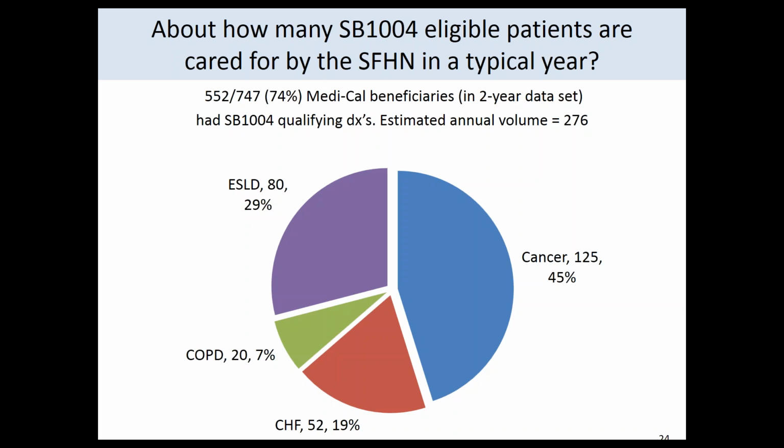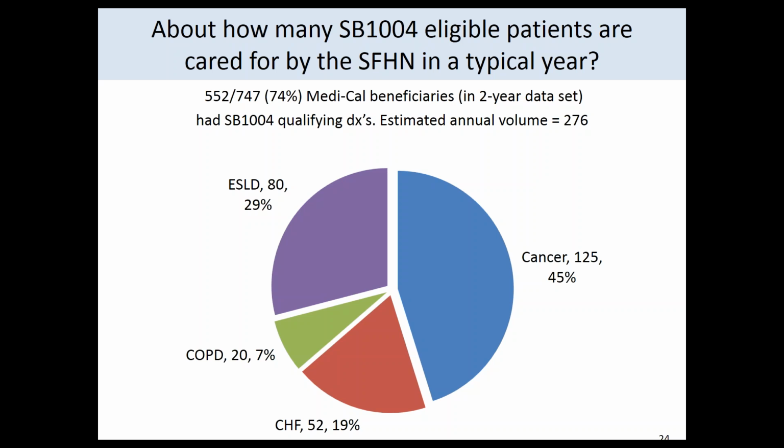Now, because we're looking at a decedent population and everybody died, we didn't have to get into too much detail about all of those secondary indicators of advanced disease that you would need to use if you're doing a prospective analysis. And what we found is that in this 2-year data set amongst Medi-Cal beneficiaries, so Medi-Cal, not dually eligible, just Medi-Cal as a primary payer, there were 747 patients in the data set, 552 of whom, so 74%, had SB 1004 qualifying diagnoses. And if you look at that number, you can make a gross estimate, there's going to be